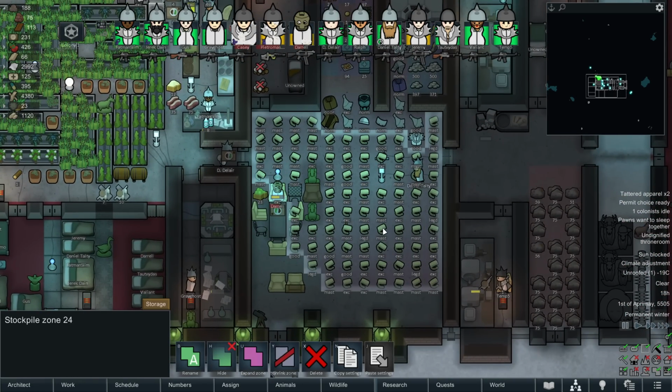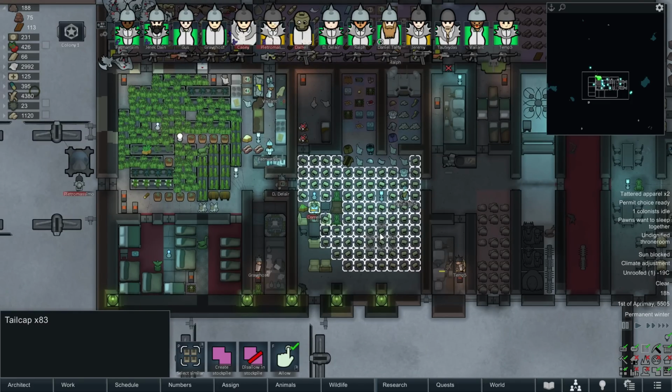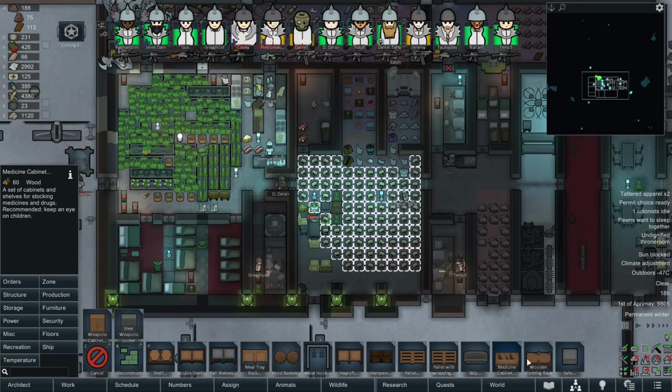They're hats. Why does it take me my entire storage area here just to store, like, how many hats is that? Okay, it's 83 tail caps, but still, I'm pretty sure I could stick 83 tail caps all over a bench in a pub and it'd just take up one corner. That'd be it. So I installed LMW's storage mod, which gives us all of this stuff,